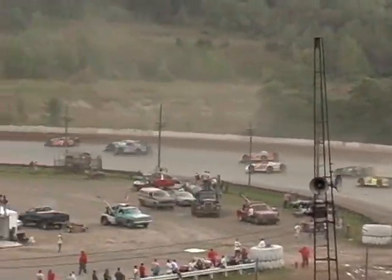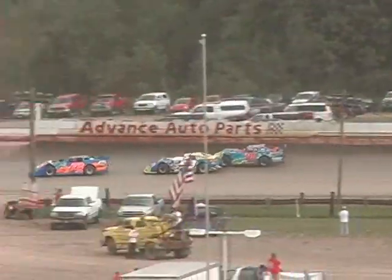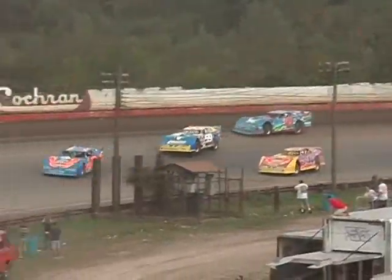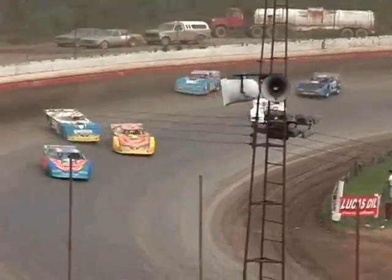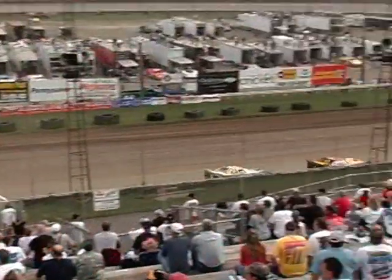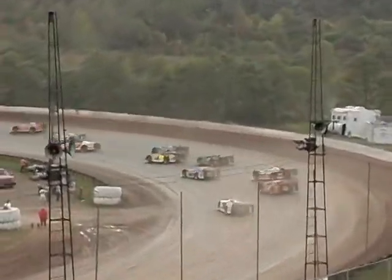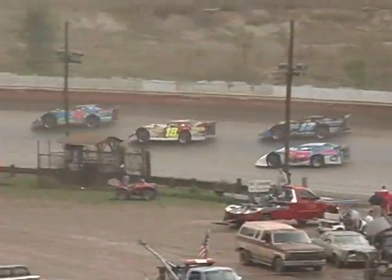Ruhlman with a slide job, and he can't make it stick. Mason pushes high off at 2. Cunningham tried to squeeze underneath him, and then it's Ruhlman, and here comes Baker. Wheel-to-wheel racing in this Mason Racing Rebel Shock Dyno B-Main, and problems. Ruhlman up out of the groove. Mason second. Baker back into third. Farm Used Auto Parts, Richard Construction 0, the West Virginia Rim Rider, up to third after he had dropped all